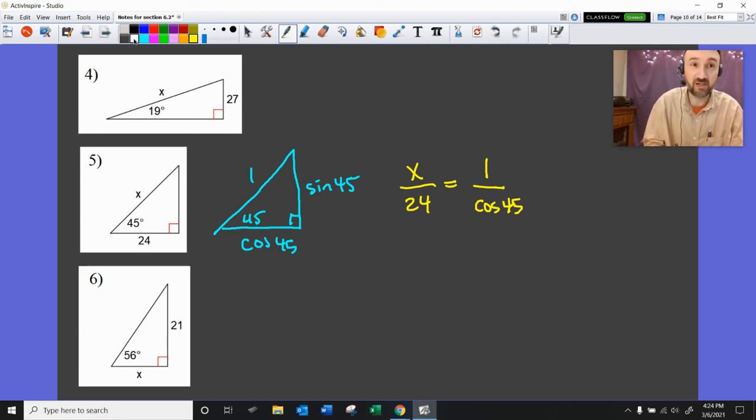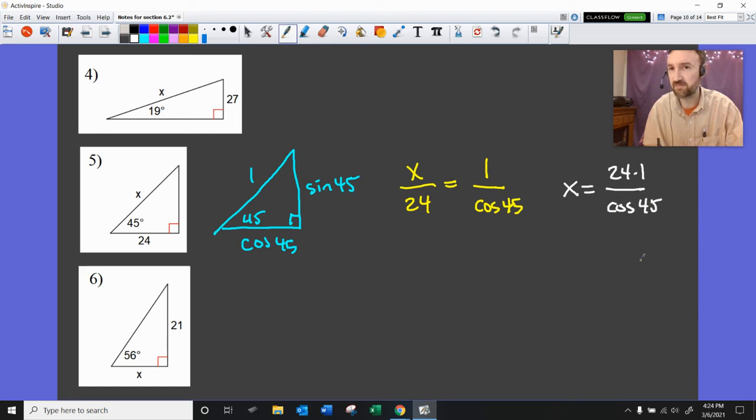And the real advantage here is that now my answer is just x equals 24 times 1. That's easy to do. Divided by cosine of 45 degrees. Also easy to do. So I can just type that into a calculator just like I see it, and I get an answer. So in this case, x is 33.9,